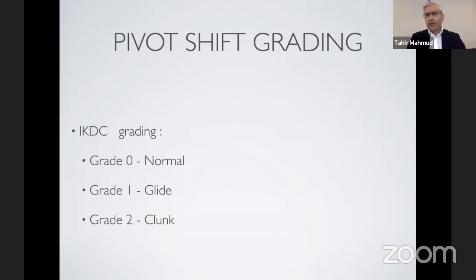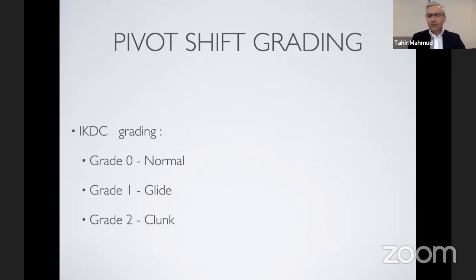So how do we grade pivot shifts? Well, there's the International Knee Documentation Committee grading system, which is actually 0 to 3, but I've put 0 to 2 here, and I'll describe this to you. 0 is normal. There is no pivot shift. 1 is an abnormal movement, but it's not a rough clunk, it's more of a glide. It's an abnormal movement, but it's not a sudden movement. And then grade 2 is a sudden large clunk. They have graded 3 as well, which I've not put here, but it implies that there's a persistent subluxation of